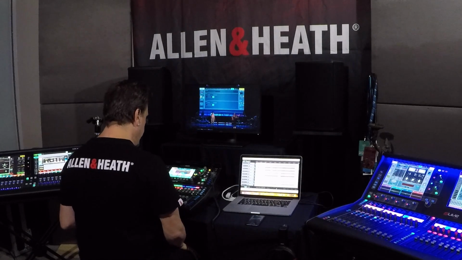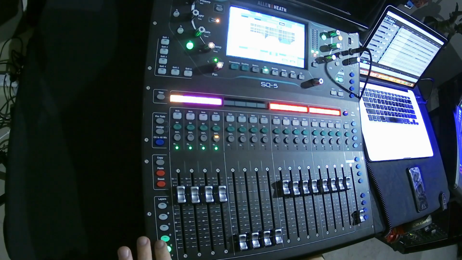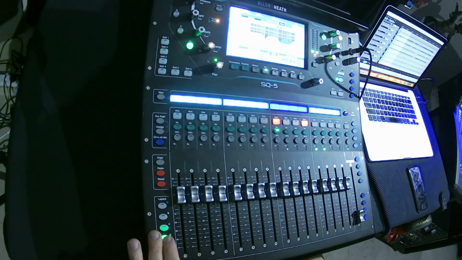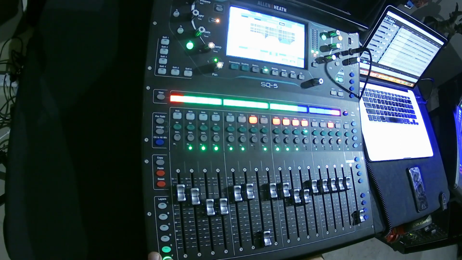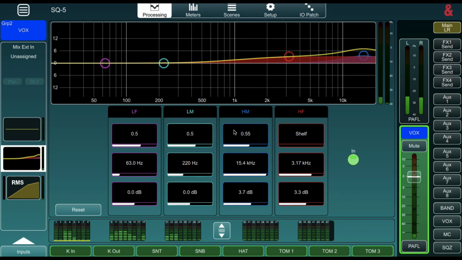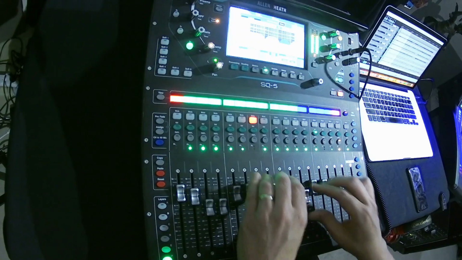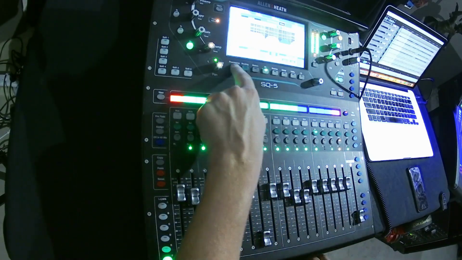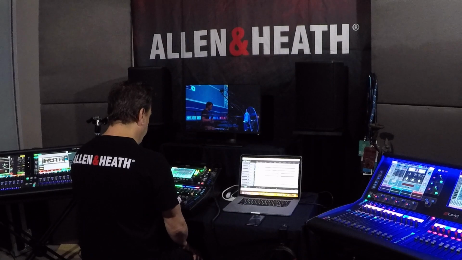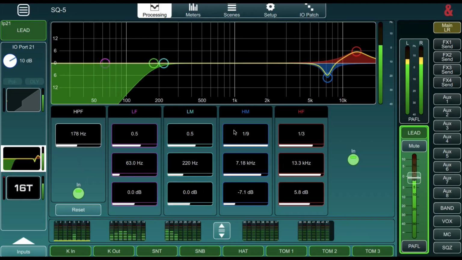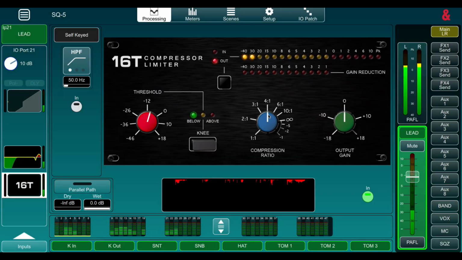So let's now have a little look at my vocals, okay, and see what we've got going on. The vocals are going to a subgroup as well, okay? Yeah, and I've got a little bit of a trick going on there which I want to show you. So let's put the band back in and put our vocals in. So, lead vocal, okay, not much EQ, compression wise,